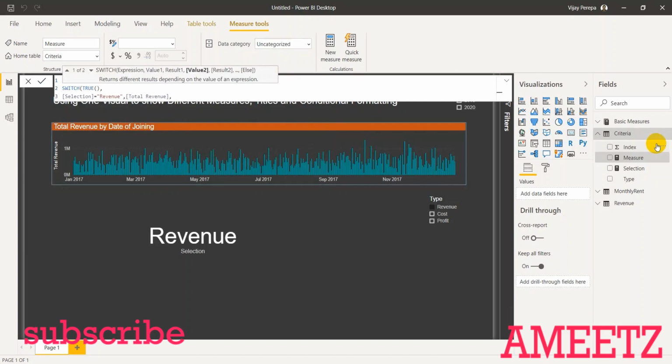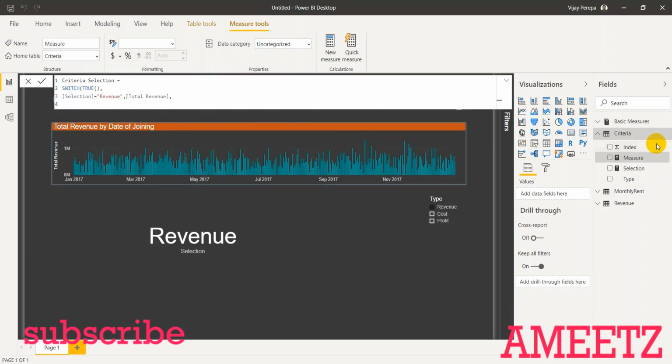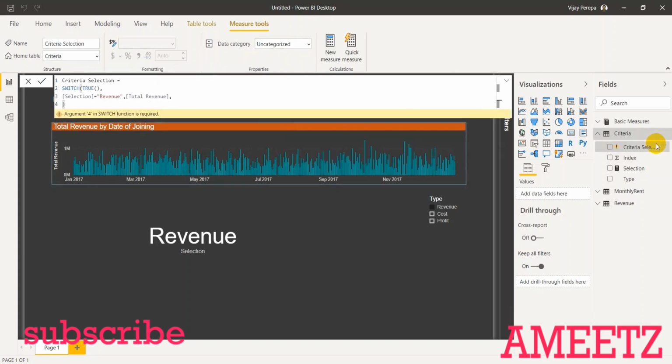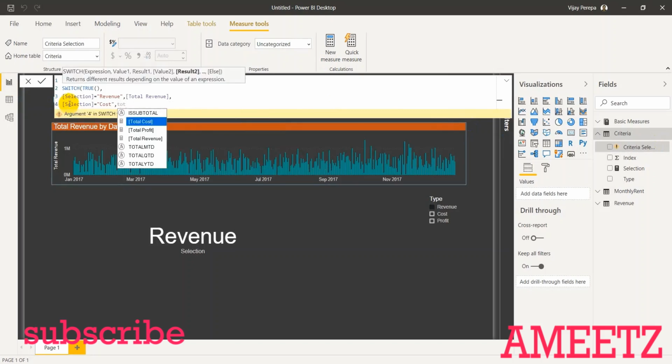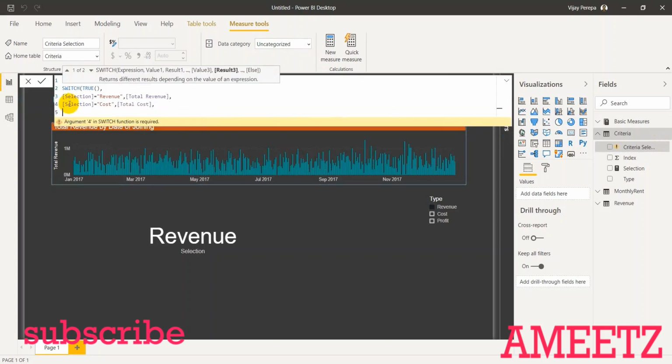A separate measure has been created already. Then if selection equals cost, I need to get total cost, and if selection equals profit, let me have total profit.